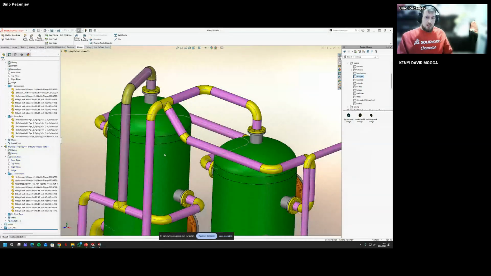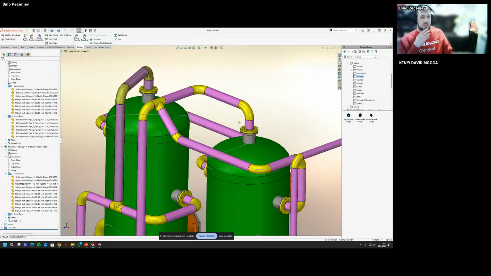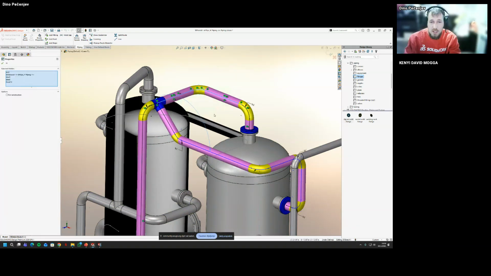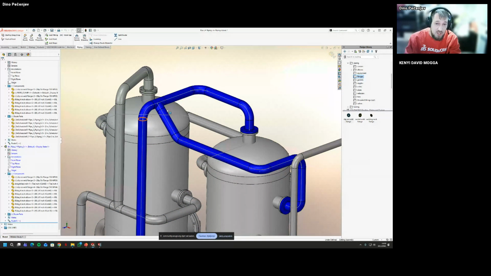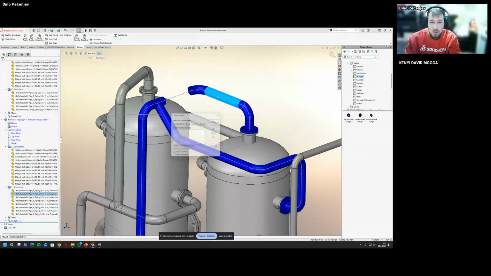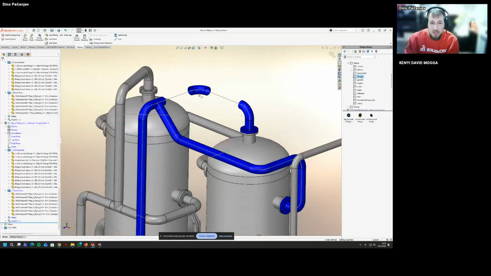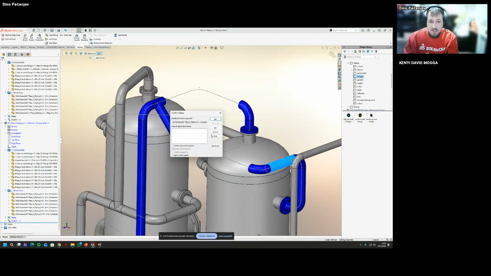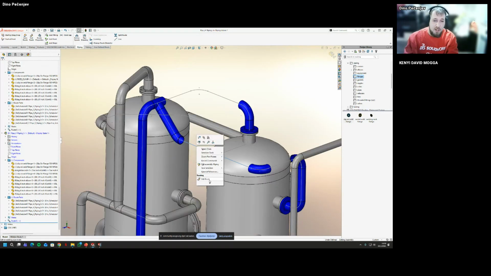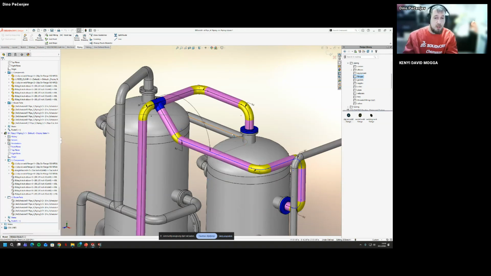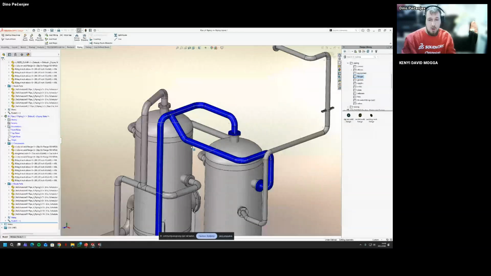One important thing to notice, the parts are not the main source of the information, which means if I go to edit routes and, for example, just edit the assembly and I just do this, I can take, let's say, this elbow, I can just delete it. The sketch is actually the main carrier and holder of the information, because when I go back to edit route, it will automatically rebuild my whole route based on the sketch.